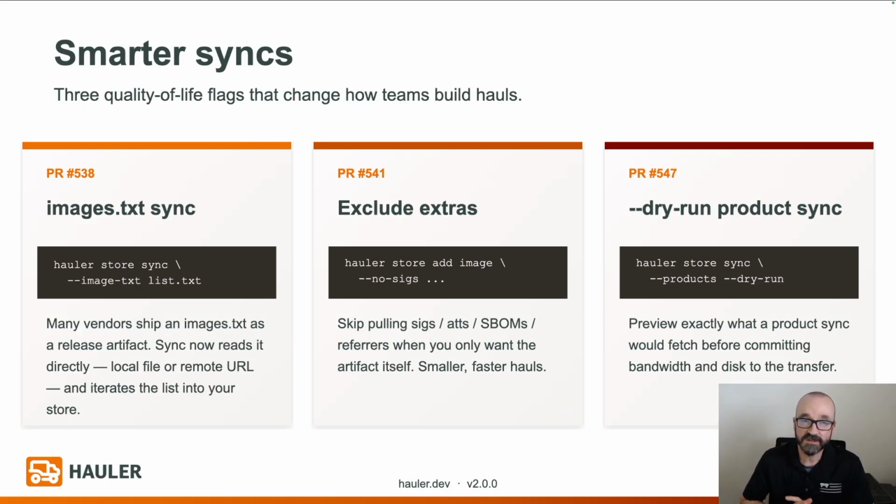So when you use Holler Store Sync along with the products flag, you really don't have an easy way to tell what is going to be synced into Holler until after it's pretty much done its thing. So many people want to know ahead of time what all am I getting ready to pull in, because it might be massive. They might not have enough storage planned ahead of time for such a massive list, or something along those lines. Dry run now gives me the capability to see kind of what will be synced